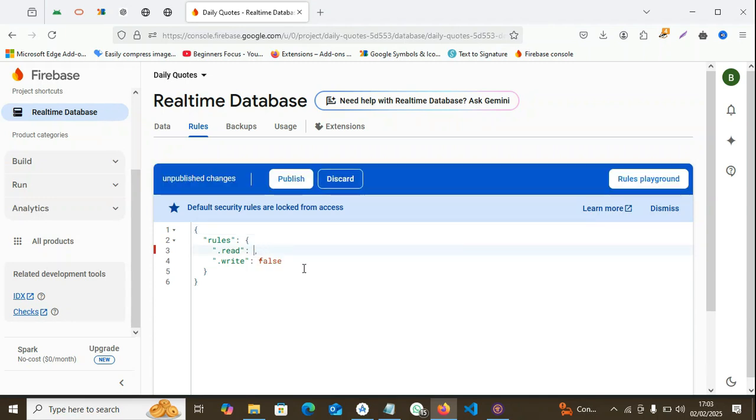So I will say user can only read or write to this database if they are authenticated, which means that they are logged in, else they should not be able to read or write to the database. So if authentication is not null, user can be able to read, and same goes to the write feature. So for write,